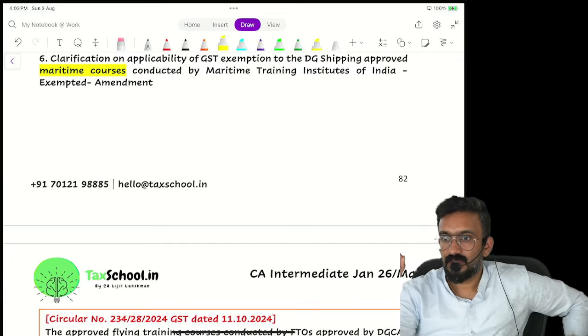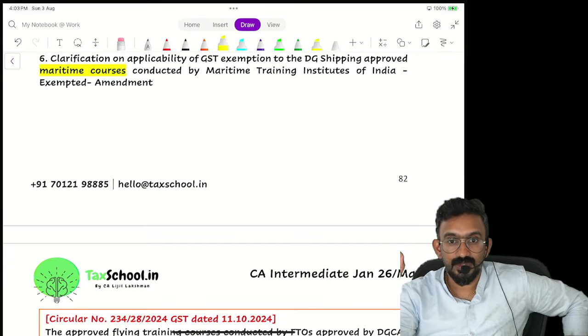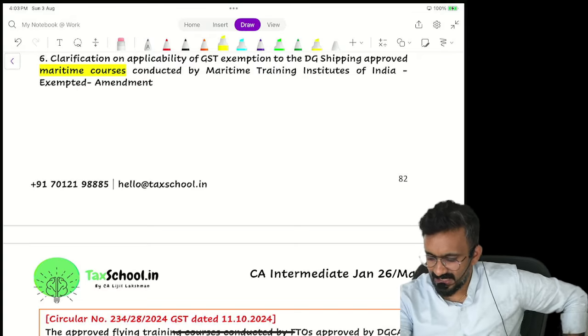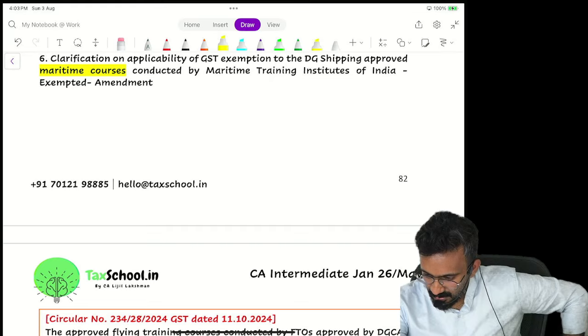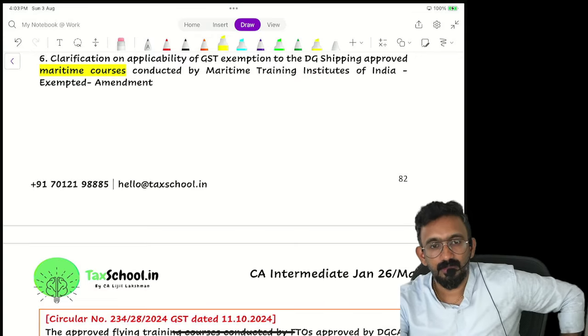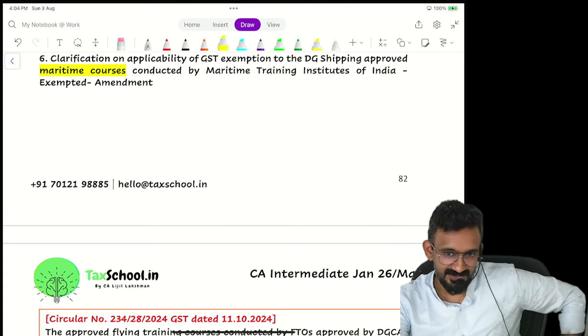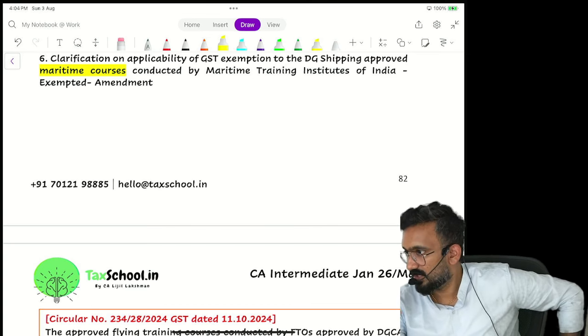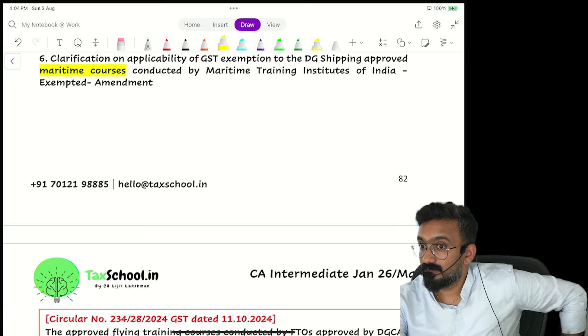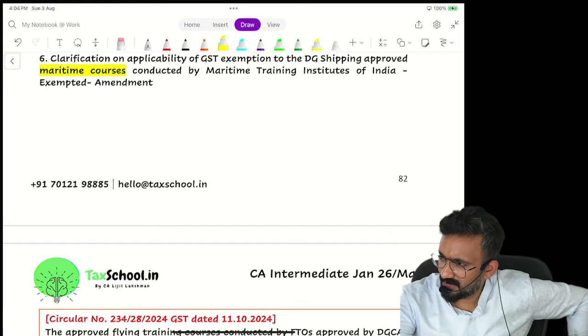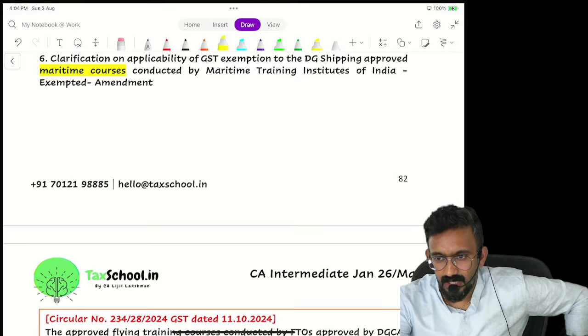Question. There are so many marine engineering courses available now, shipping related courses. In Kerala, it's now super popular. Why? Kerala has got a very big port recently inaugurated by the Prime Minister, Vizhinjam port in Trivandrum. There are a lot of marine courses: marine engineering, shipbuilding, ship repair, ship mechanics, so many courses available now. This is done by Maritime Training Institutes of India. There are some 30 odd institutions which do it.